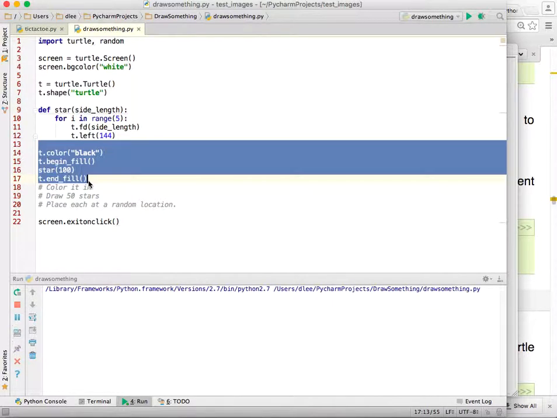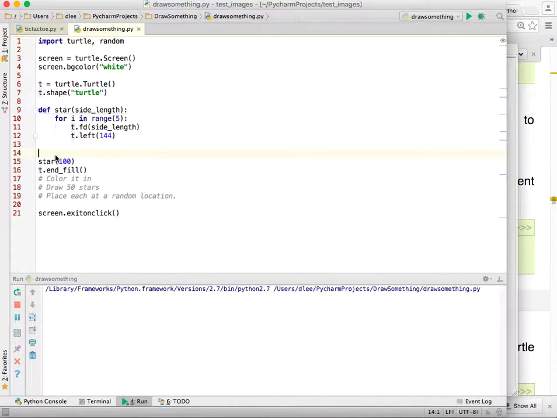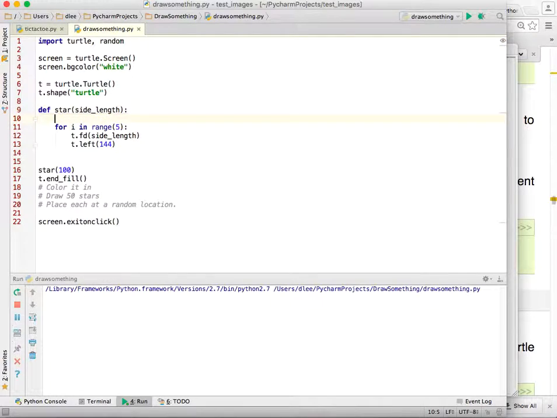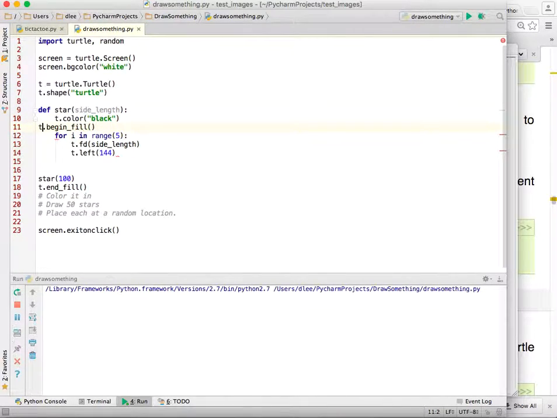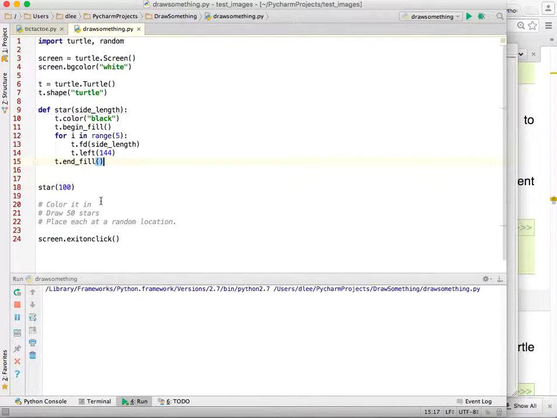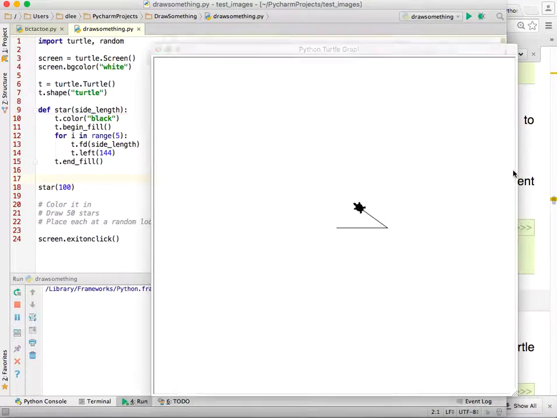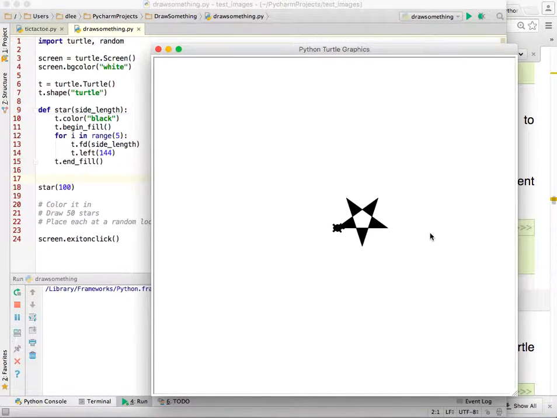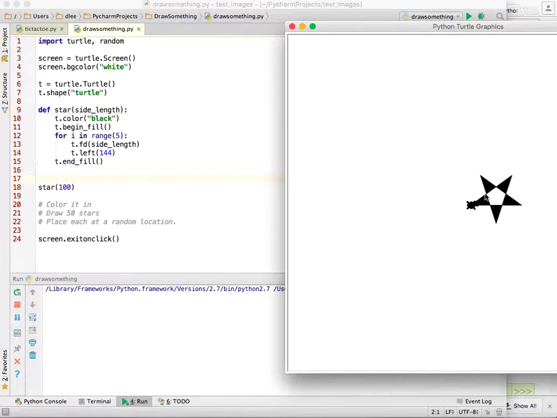We can leave it the way it is here, or we can go ahead and just take this code and put it into our function, right? So that it does it for each of our stars. All right, great. And now that we have, well, let me go ahead and run that and test it. Okay, so now that we have our star